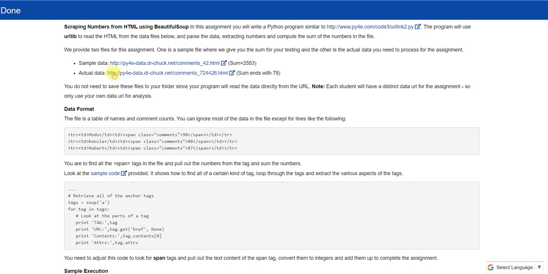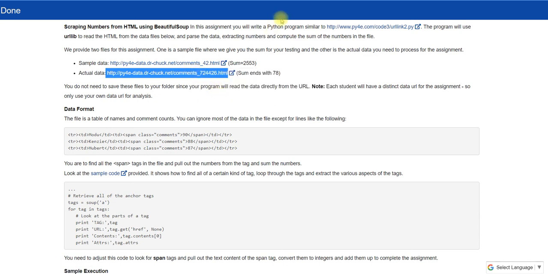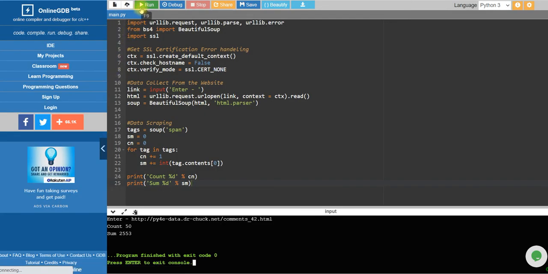So for actual we need this URL. Even you can do it in local address, you need not worry, but I want to make things easier for you, so I am telling you the optimal way. Control Shift V, enter. So you can see here again it is taking time.